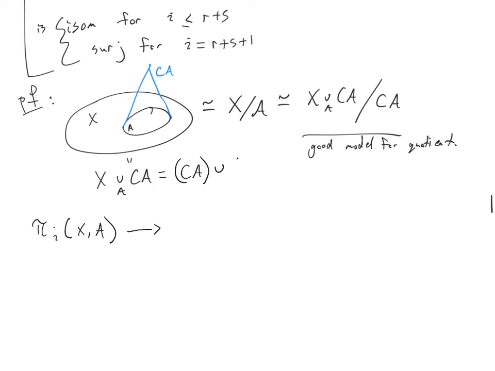That is to say, I'm decomposing this space and I'm doing excision. So the intersection here is A. I'm taking this to be B in the excision theorem, and X to be A in the excision theorem. There we go. That's fine. So by excision, pi I of X rel A should be the same as pi I of X union the cone on A relative the cone on A. And this will be an isomorphism for